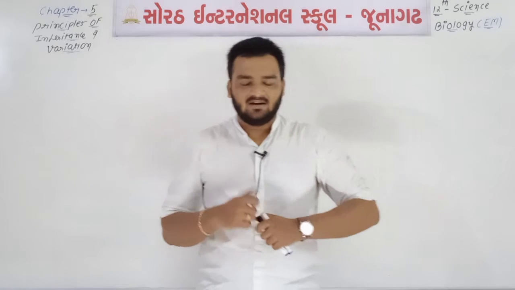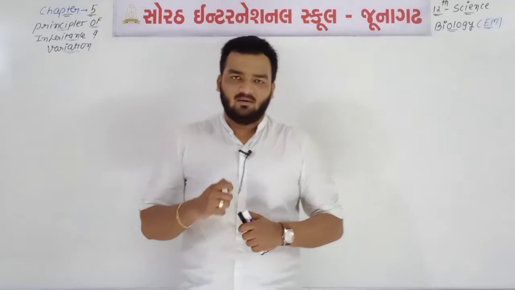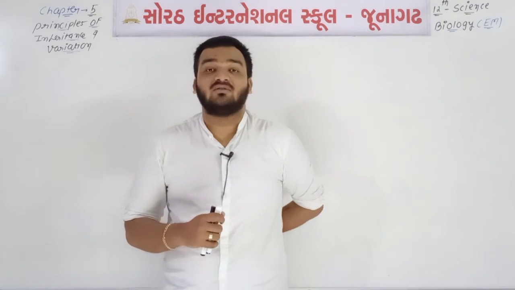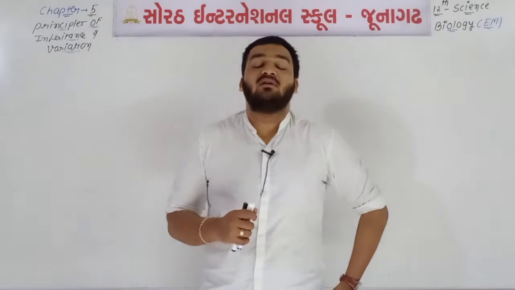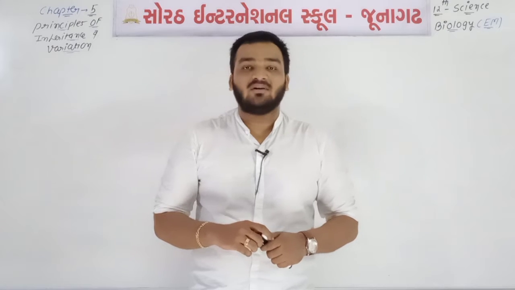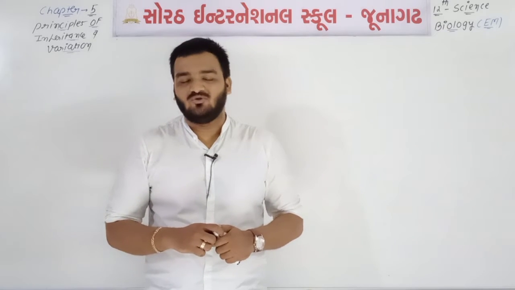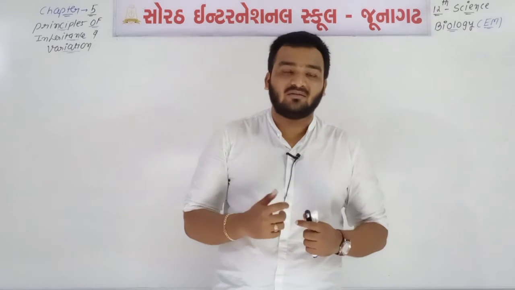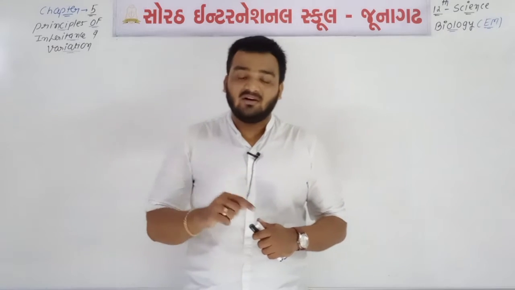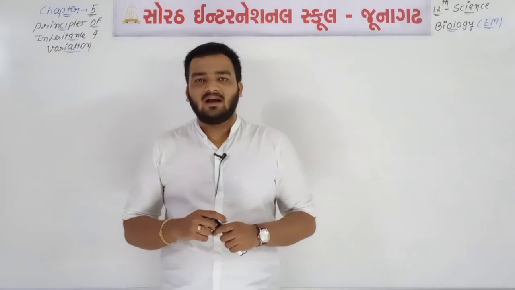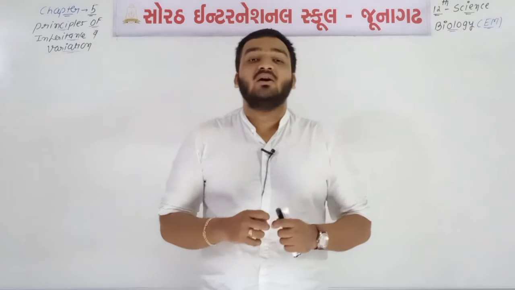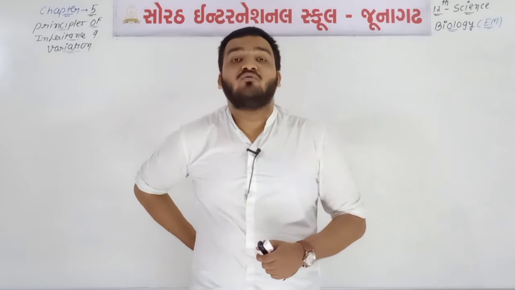In the last video lectures we discussed the monohybrid cross. What is the result of a monohybrid cross? The genotypic ratio will be 1:2:1 and the phenotypic ratio will be 3:1. What about incomplete dominance? For incomplete dominance, both genotypic as well as phenotypic ratio will be the same, 1:2:1. And what about codominance? In codominance, the generation has the characters of both parents.